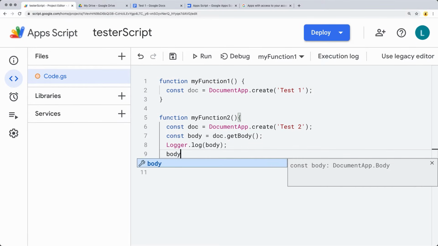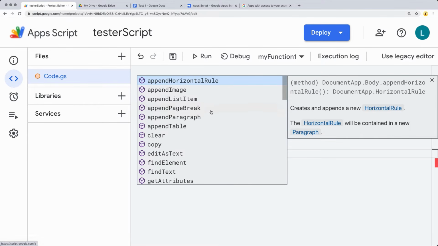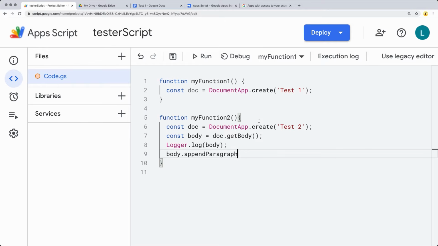So let's select the new body object, and here we've got some options. So we can append a horizontal rule, we can append an image, a list item, a page break, a paragraph, or a table. So these are some of the basic structures that we can add to the document. I'm going to do an appendParagraph, and within the appendParagraph, it does require one parameter, and that's going to be a string value, the content of the paragraph. So let's do a hello world as the content of the paragraph,